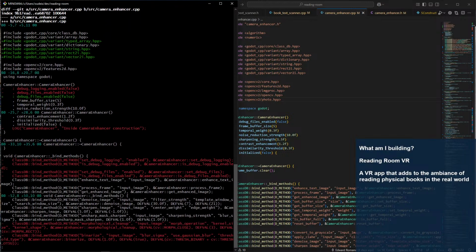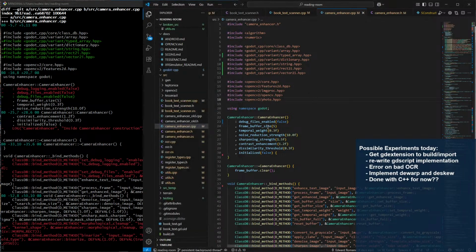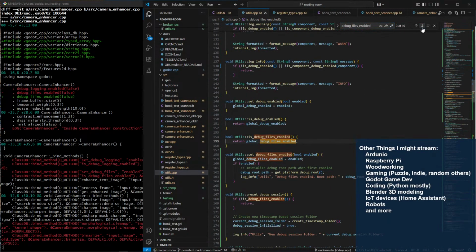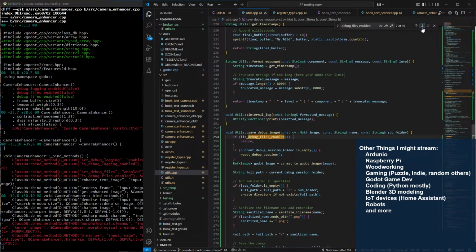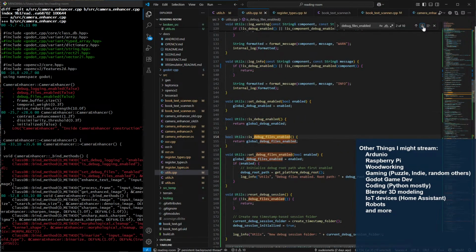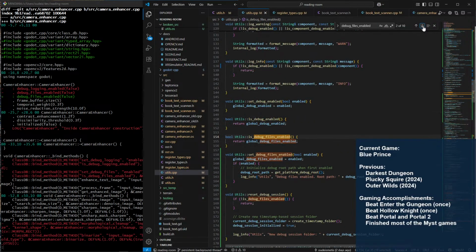So weird. Okay, so we have a couple of new imports. Debug files enabled is still a thing, even though utils should have taken possession of it. But it's called global. Well, no, it's still a method, right? No, yeah, okay.